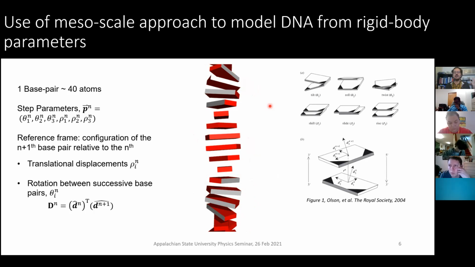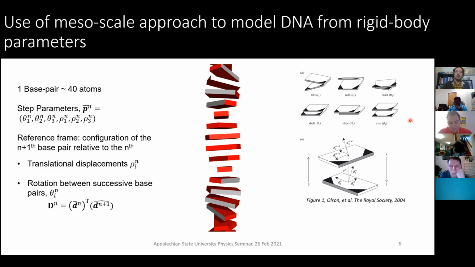What I have now is a series of what I consider to be Lego blocks oriented in three-dimensional space. But what's great about this is that we are able to go from all of these atomic coordinates and atomic interactions to simply say, what if we had a set of variables or a set of parameters that only looked at one base pair orientation relative to its neighbor? And when we do that, we actually get 3 rotational parameters known as tilt, roll, and twist, and 3 translational parameters: shift, slide, and rise. And this is 3-dimensional. So I could have the same value be used to represent twist, and I would still create a 3-dimensional configuration.